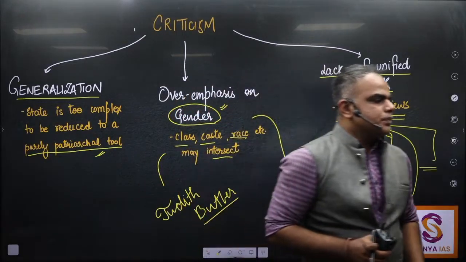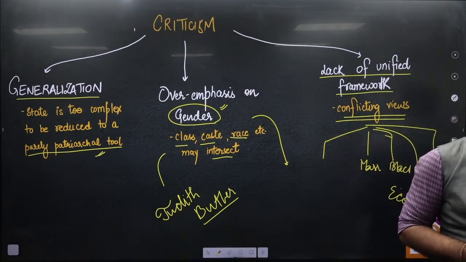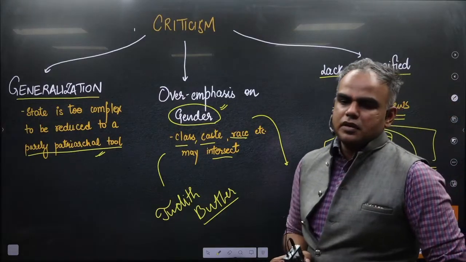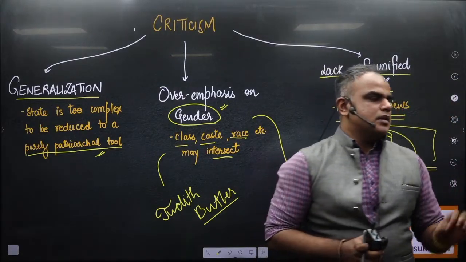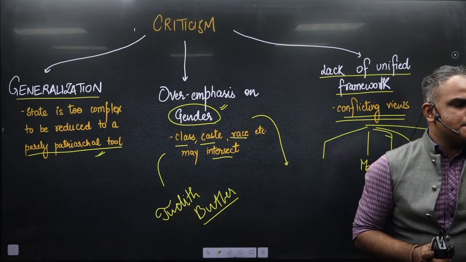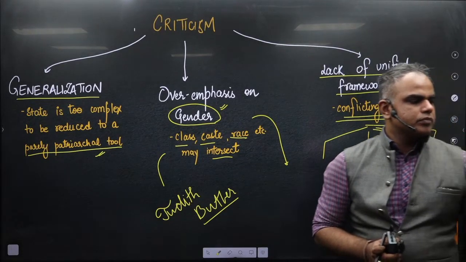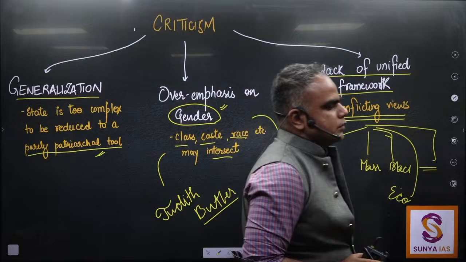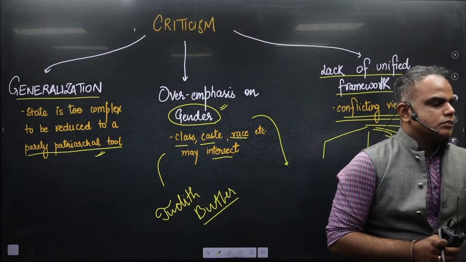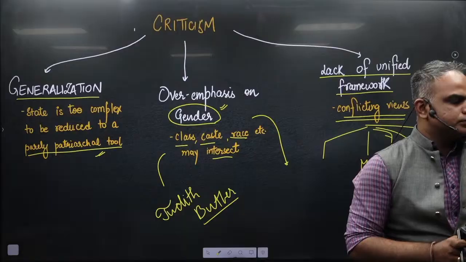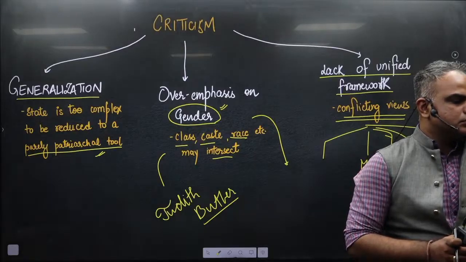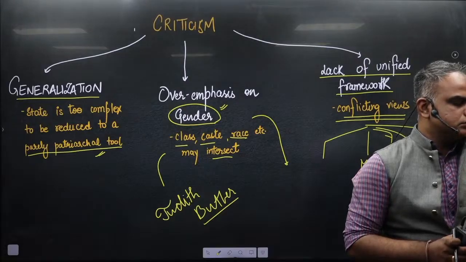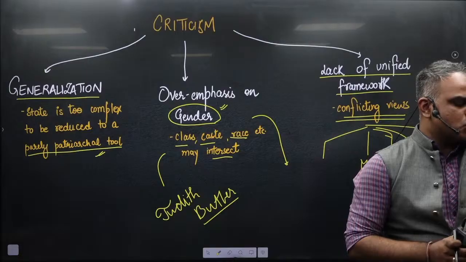Okay, so write down, feminist position looks ambivalent, A-M-B-I-V-A-L-E-N-T, ambivalent, because on one hand they believe that welfare state plays an important role in providing for women,